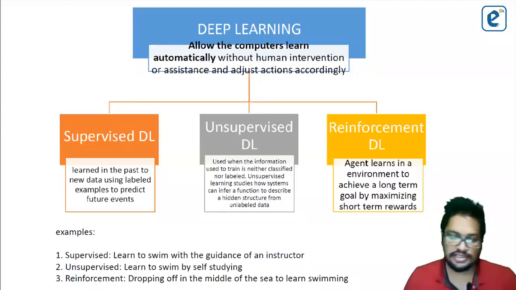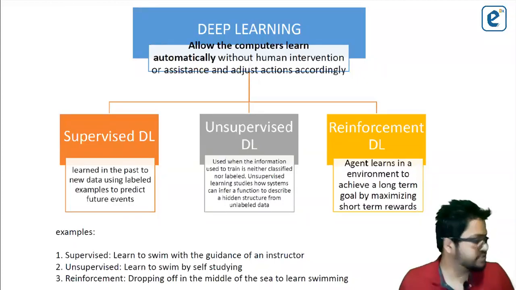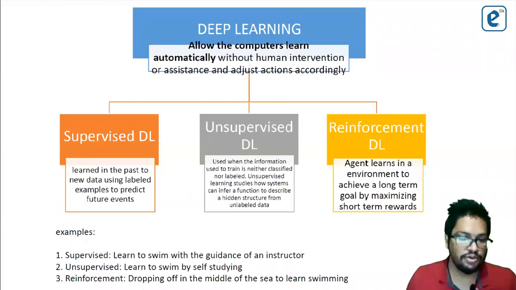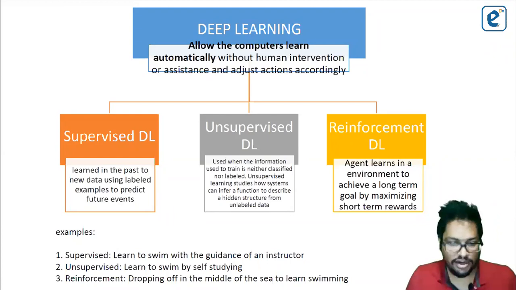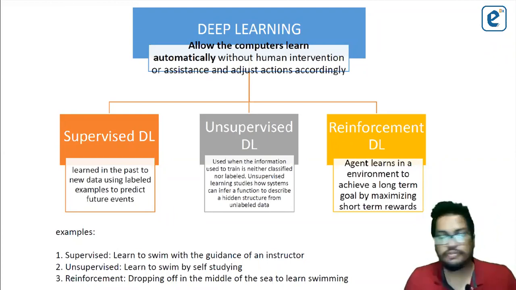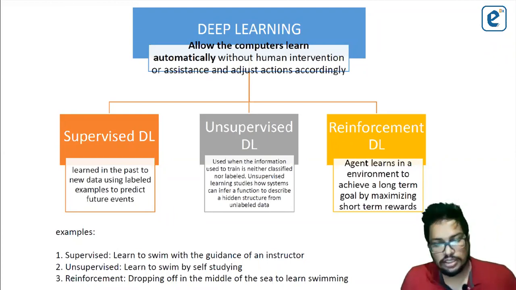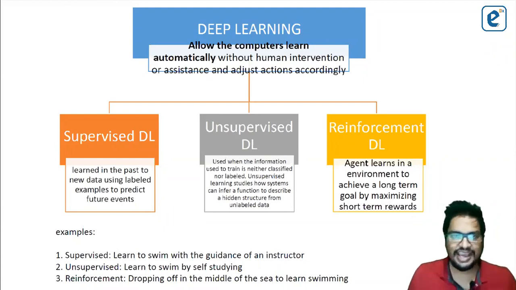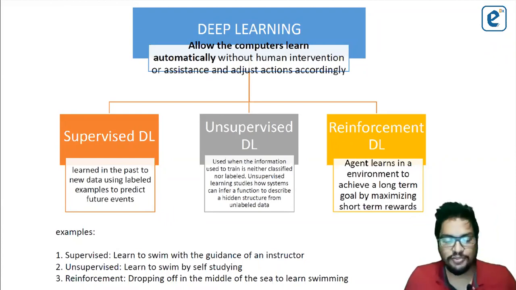Unsupervised learning is simply like, okay, learn to swim by self-studying, right? That means we don't have an instructor, no one to supervise us. But what we are going to do is self-learn, learn to swim by self-studying. We do some self-study and swim, right? So that's what you call unsupervised, for example, a real world example. Then reinforcement learning is like the worst case, right? What we are going to do is take you to the middle of the sea and